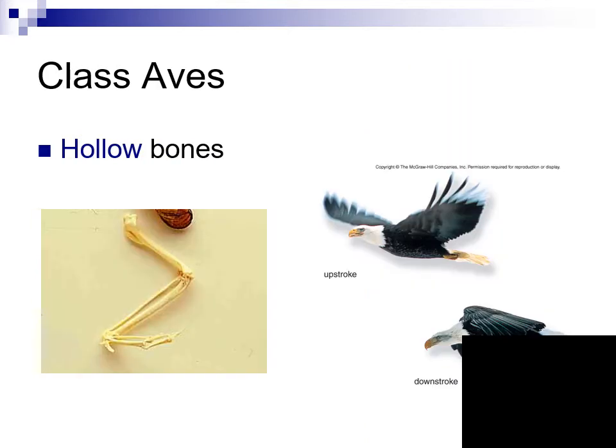An adaptation that we see in birds, because many of them fly, is that they have a bony skeleton, but the bones are more hollow than other organisms that have the endoskeleton of bone, because it takes a lot of energy to get them off the ground, and if they can lower the weight of the bones, it's a little bit easier. So I did want you to look at this figure of the skeleton of the wing of